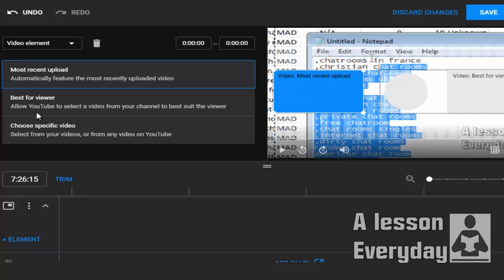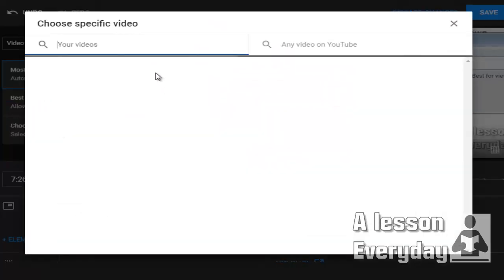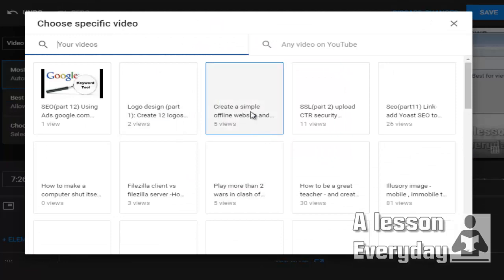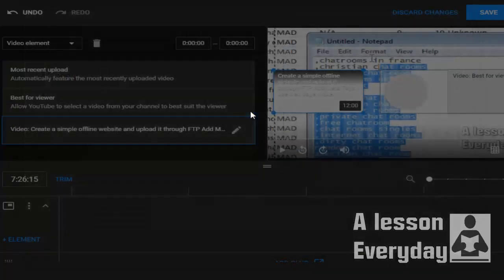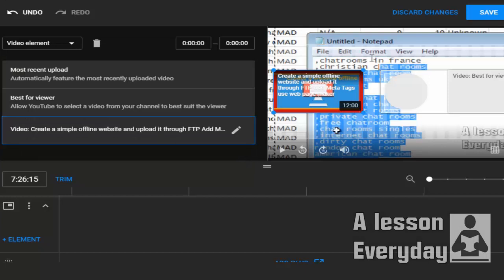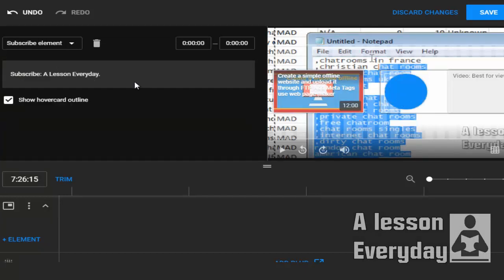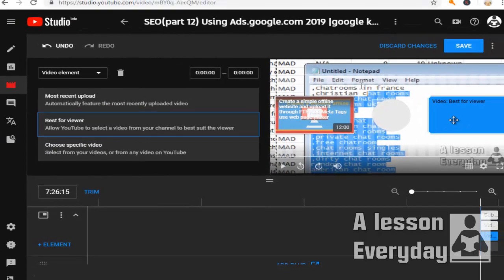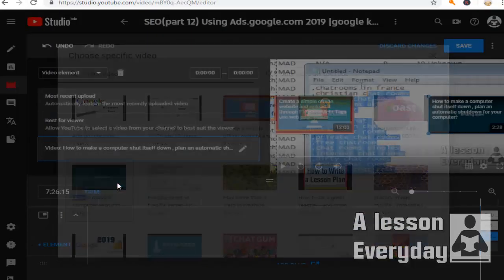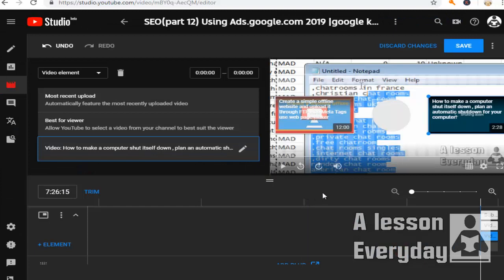Okay, if you want best viewed here, or if you want to choose, of course, a video, normally that's what you would like to do, so choose a video. Nice. Well, this is show hover card. No, I don't really want that, just leave it be, and then you come here and select another video, for instance. Okay, as you can see here I have